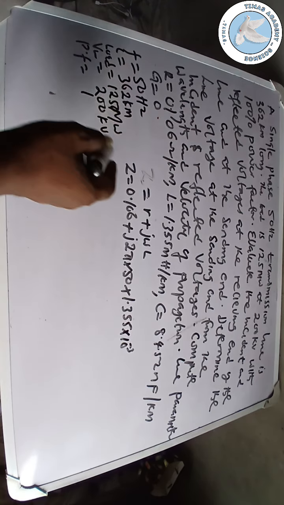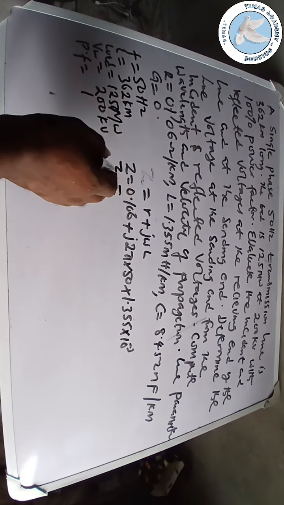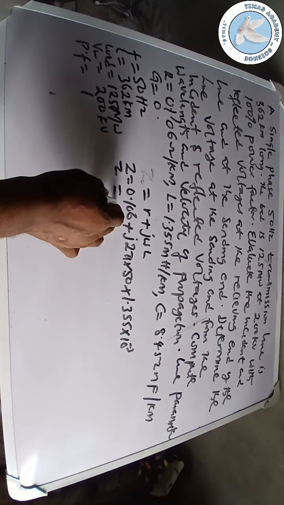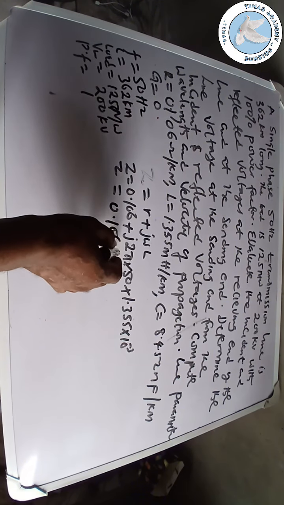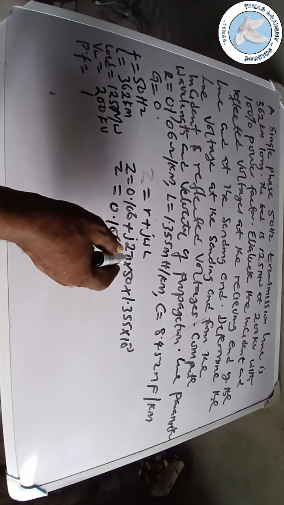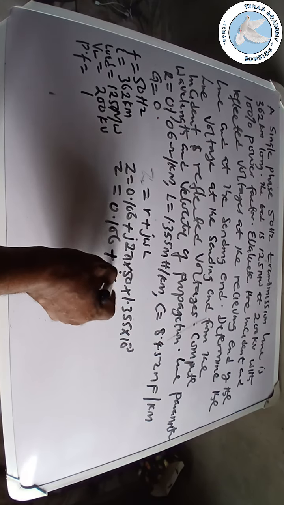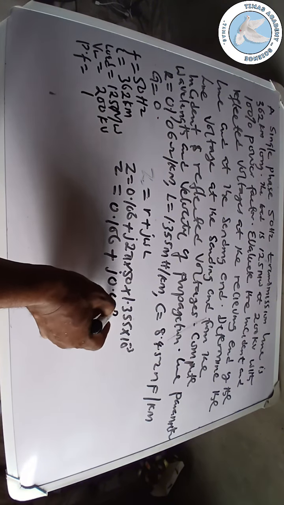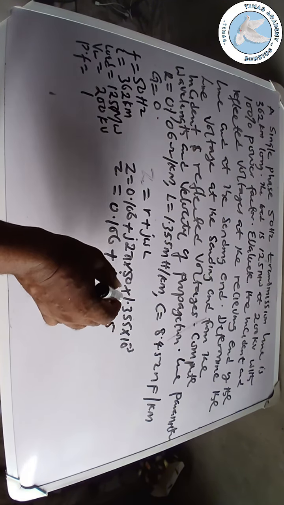If you use a calculator, you are going to have 0.16. Multiplying this with your calculator, you arrive at 0.4257,